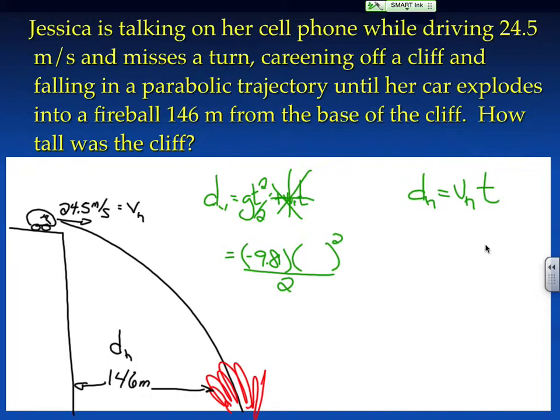Okay, so the other equation that we learned, again, we solve this one for time and plug that time into here, or we can take this information and find time and plug it into here. That's the whole trick. It's not that hard of a trick. It's really quite simple. So if I'm solving for T, the VH needs to move down yonder. So then I say, well, my DH was 146 and my V was 24.5. Which leaves me a t of